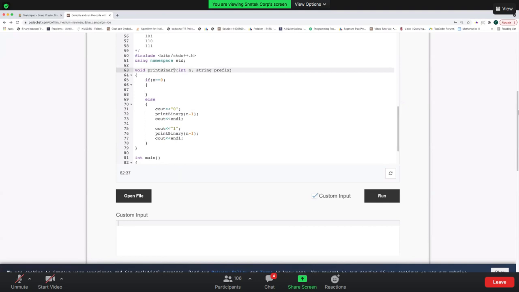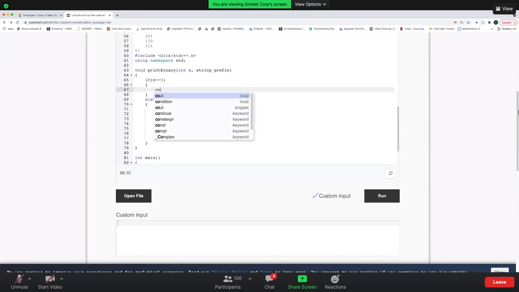These are known as states. I add one more thing here, which is a string, known as prefix. And I'm saying that every time, add this 0 after this prefix, or instead of printing 1 only once, add this 1 after this prefix. And once you have explored your complete n, just print whatever the prefix is.